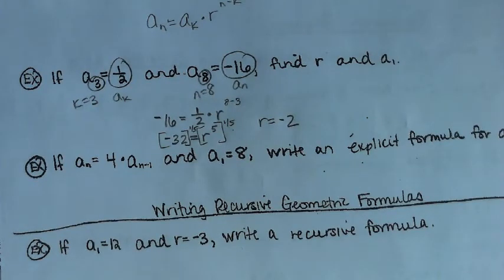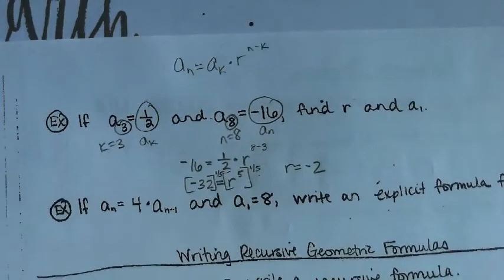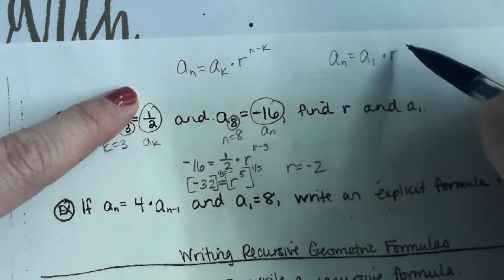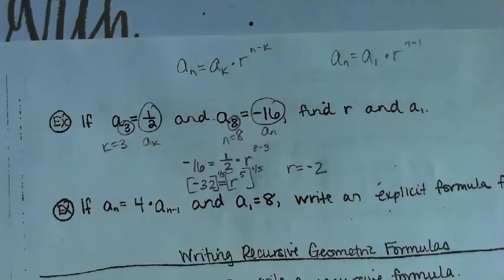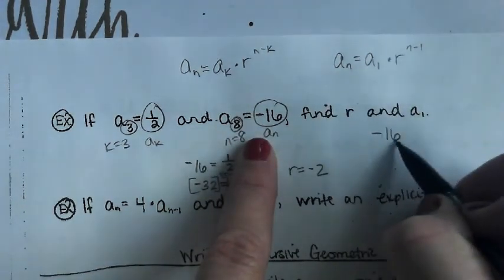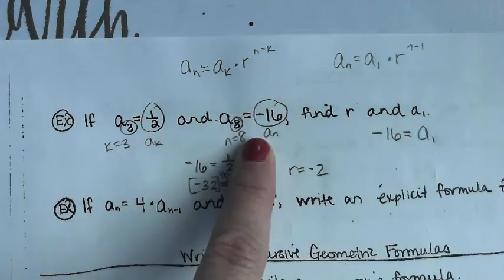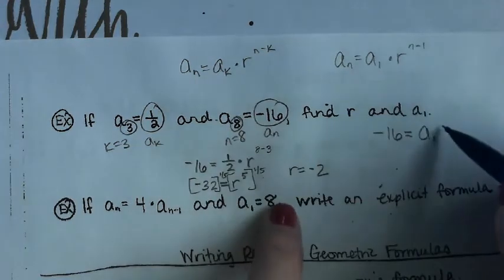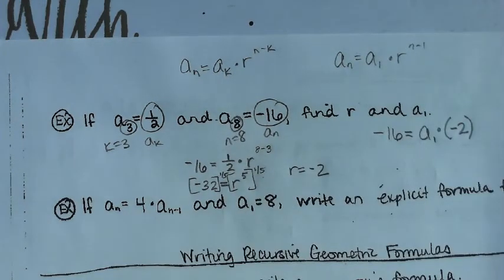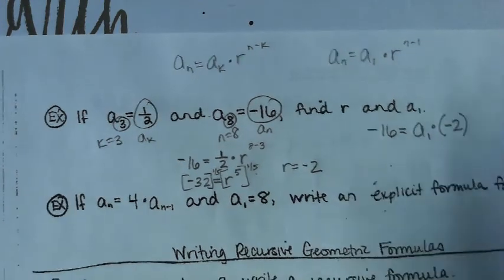All right, so now here's that kind of maze again. Now that we know r and we want to go backwards and find a sub 1, we can go back and use the formula that actually did have those 1s from the start. Still going to use the same. A sub n is negative 16. Now I'm looking for a sub 1, so I can leave that alone. Times my rate is negative 2. That definitely needs to be in parentheses. Anytime your base is a negative number, definitely needs parentheses. And then my n was 8